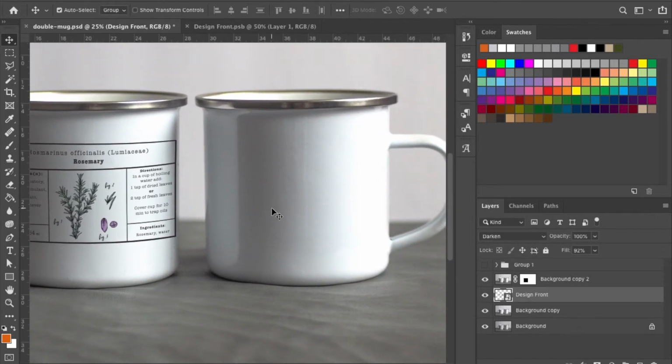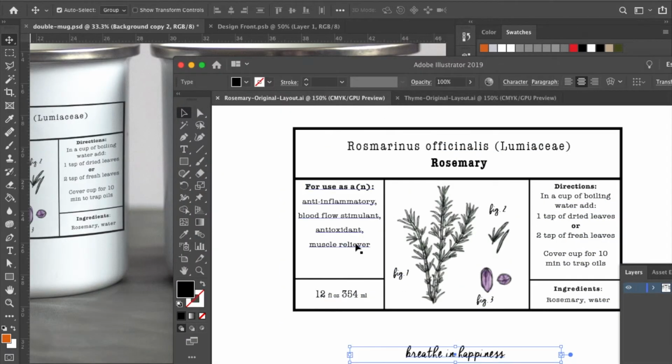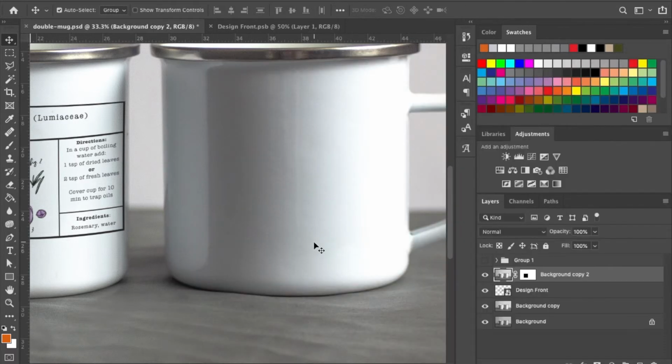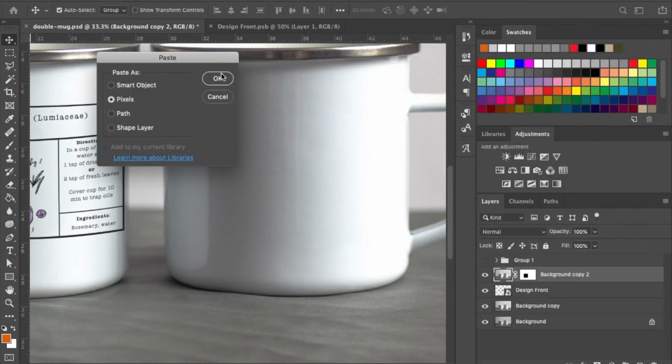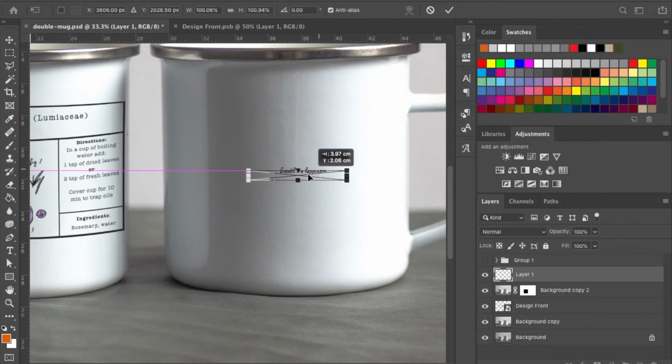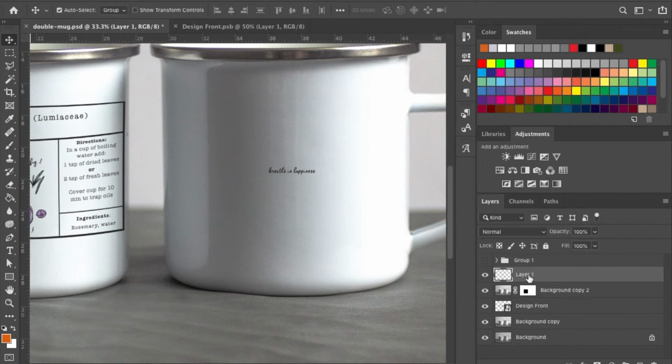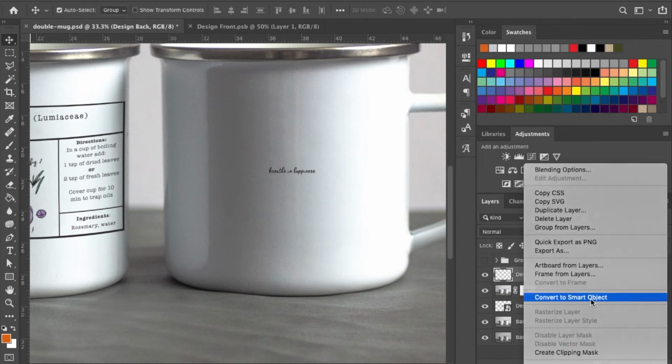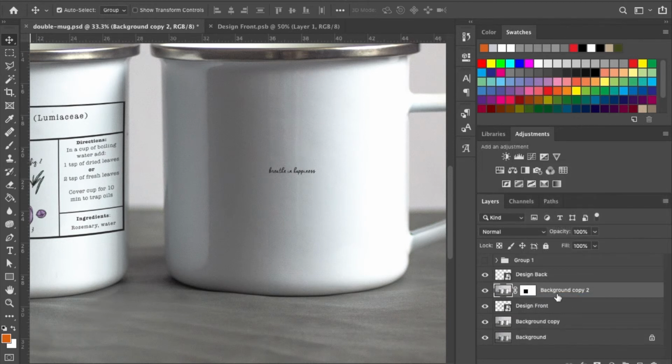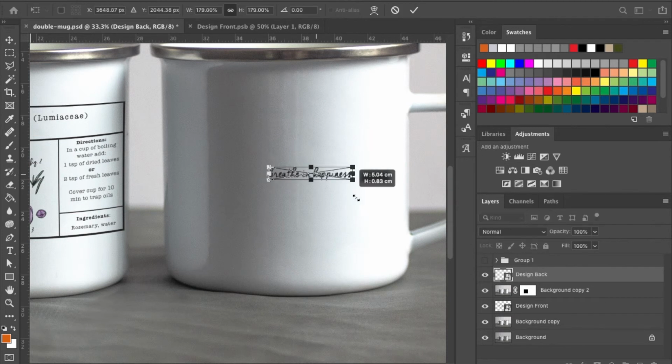And so what we want to do is the back side. So what we can do is go back and again as pixels. Pixels, move it there. And we can again convert this to a smart object if we want to. So let me rename this design back. And convert to a smart object, or we can just edit right in here. So Command T,